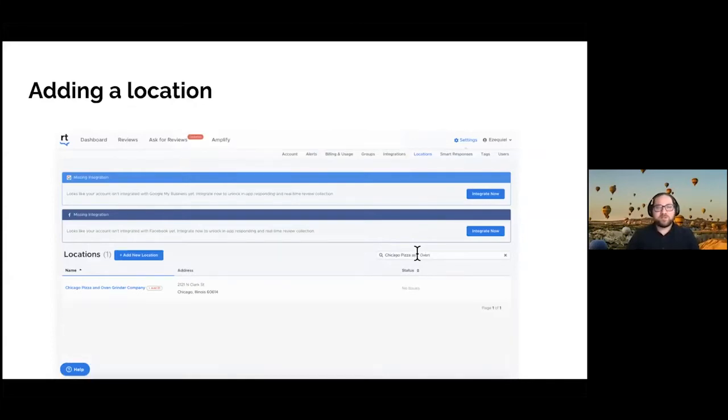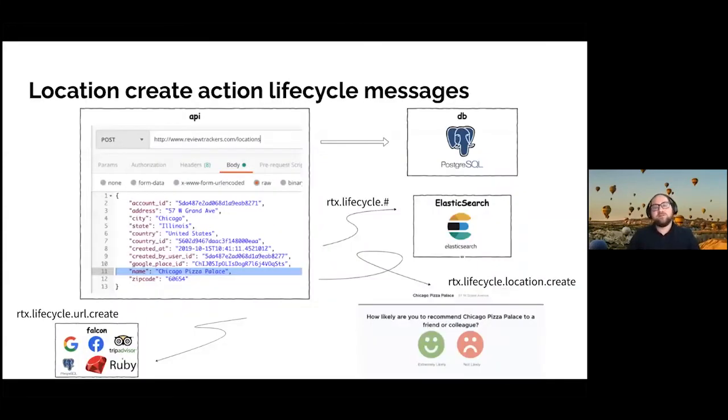So it's a pretty simple front end flow, but under the hood, so many things happen that aren't just the synchronous post, right? There are lifecycle messages that get kicked off that send that location record to Elasticsearch where it can then be searchable. There's also a